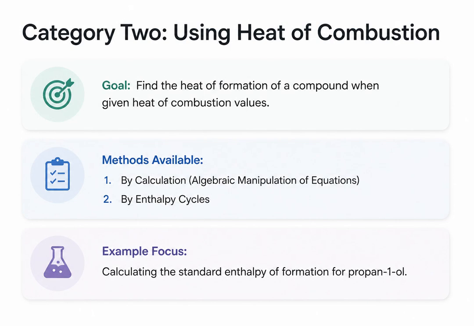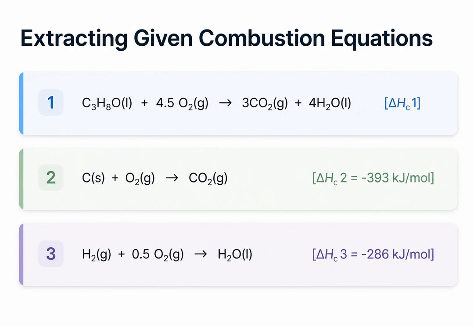Now we are moving into category 2. Previously, we calculated the heat of a reaction given formation values, but what if you were given combustion values instead? To find the heat of formation using combustion data, we will again employ two methods: algebraic calculation and enthalpy cycles. Let's dive into the first method using an example where we need to find the standard enthalpy of formation for propan-1-ol. Under the calculation method, our very first step is to extract the given data and write out the balanced